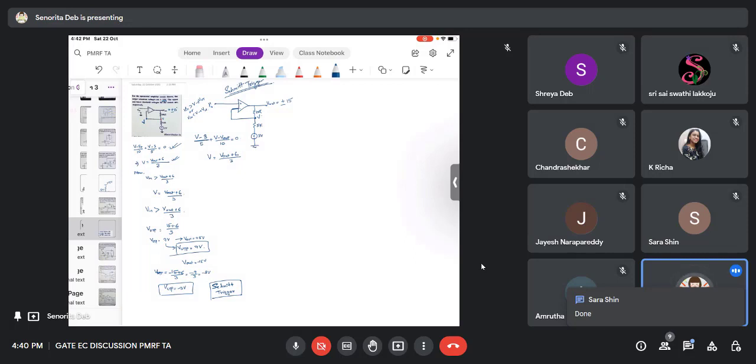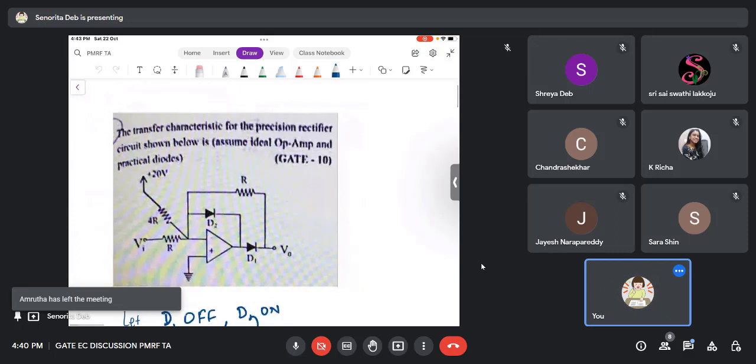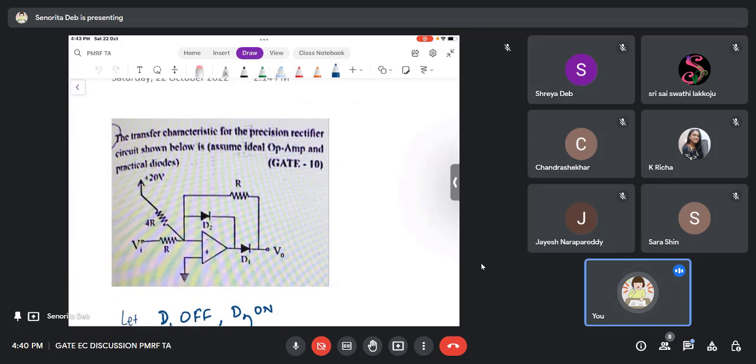So next again we had this diode question. Let me take this first and then two more questions we can do in 15 minutes. Okay. So now in this question you see there are two diodes they have given, right? And